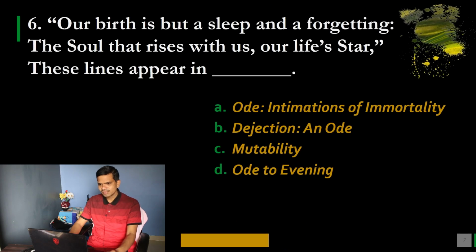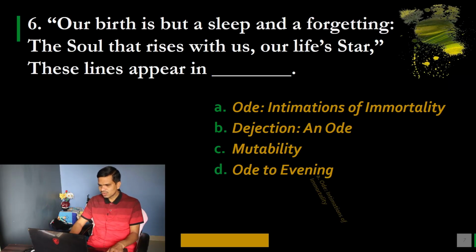Question number 6. Our birth is but a sleep and a forgetting, the soul that rises with us, our life star. These lines appear in. Options are A. Ode, Intimations of Immortality, B. Dejection and Ode, C. Mutability, and D. Ode to Evening. I know this is a bit difficult question, but dear students, if you want to prepare for